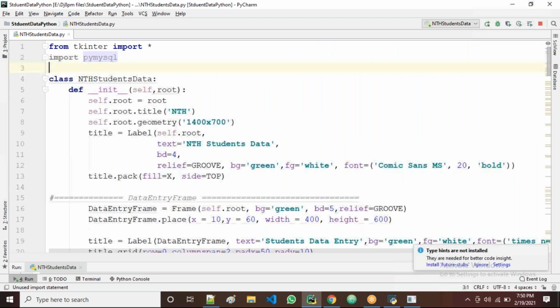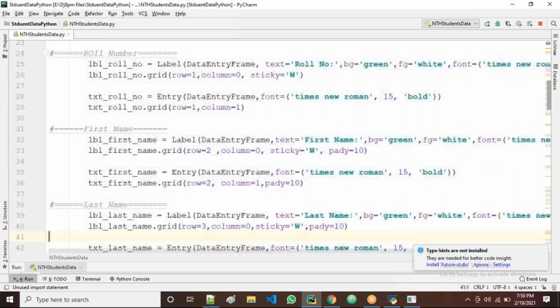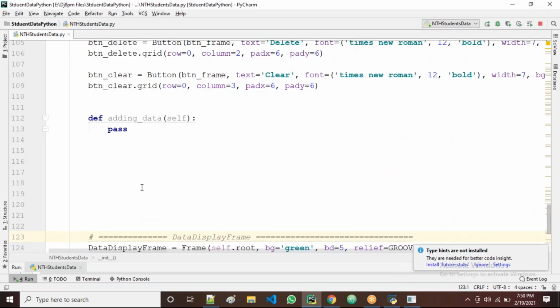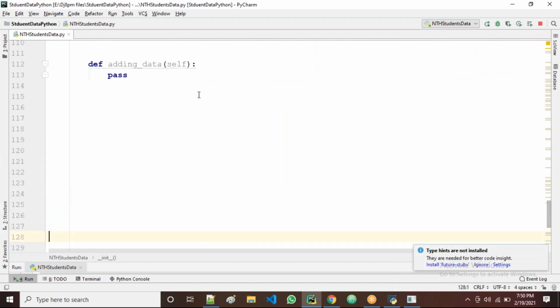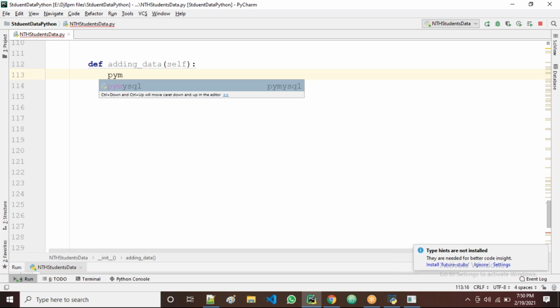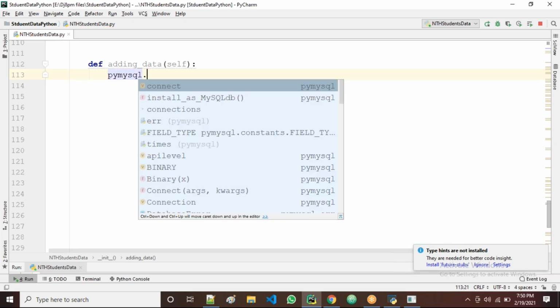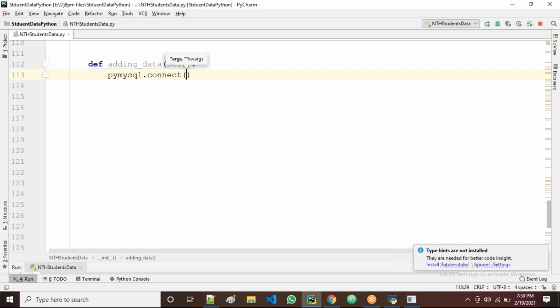Now coming to the point here. Yes, guys. Now all of you observe. Why this one? To add the data from form to database, guys. So PyMySQL dot connect. The connect method is there, and here we give some keyword arguments like the host, the database name, the username, the password, right?